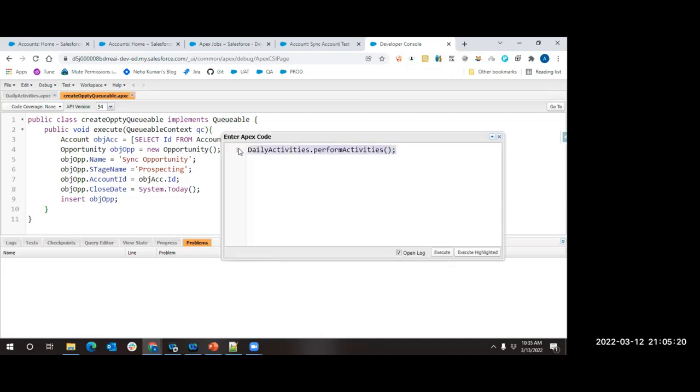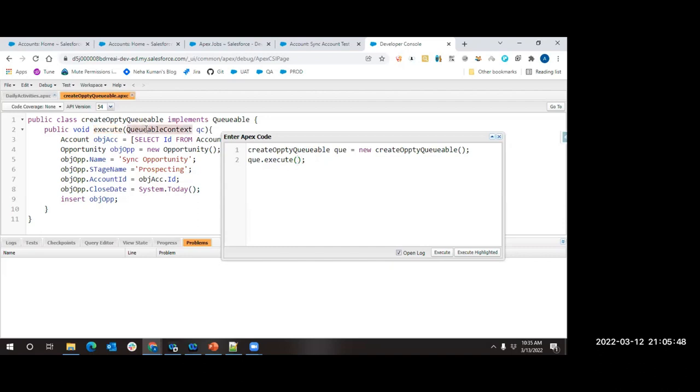Now, what is the syntax for doing it? You might be wondering that this is a non-static method, so if I create an instance of this and say execute, then I am done. You might think I will just create an instance, because that's how you normally execute a method: Q is equal to new something like this, Q dot, and then you are done. No, this is wrong, and I will tell you why. It is a parameterized method. Now, what parameter will you pass?